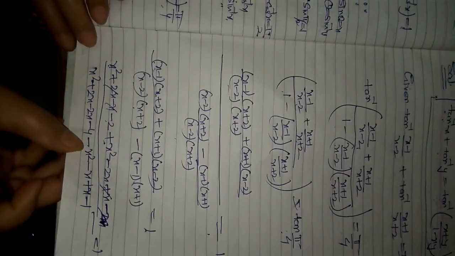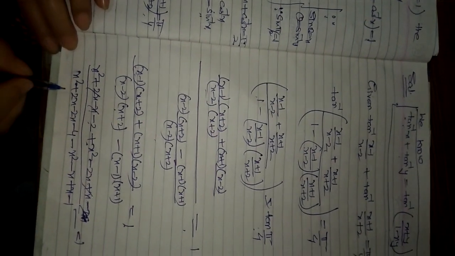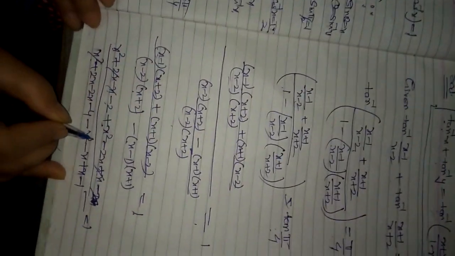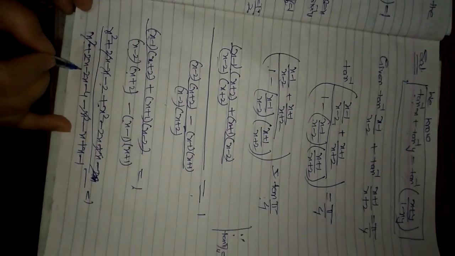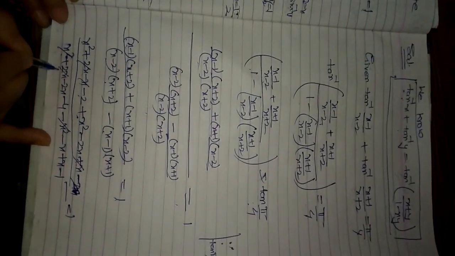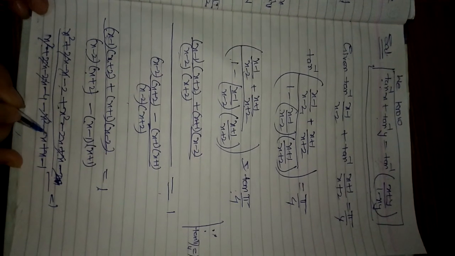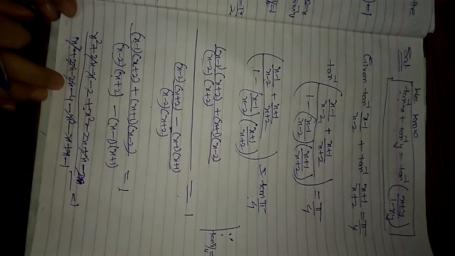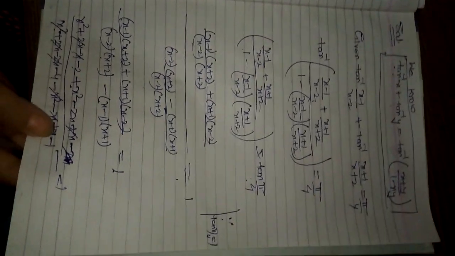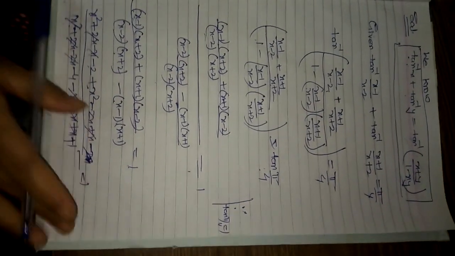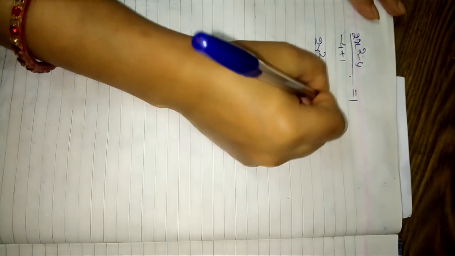Similarly in the denominator, x square cancels with this term x square, and then minus 4, 2x cancels with this term, then minus x cancels with this term, then minus 4, minus 1 and plus 1. So it will come 2x square minus 4 minus 4 plus 1 equal to 1. So 2x square minus 4 equal to minus 3.